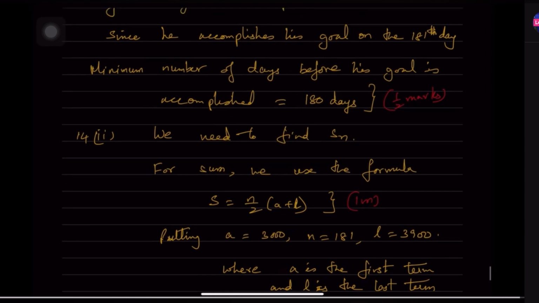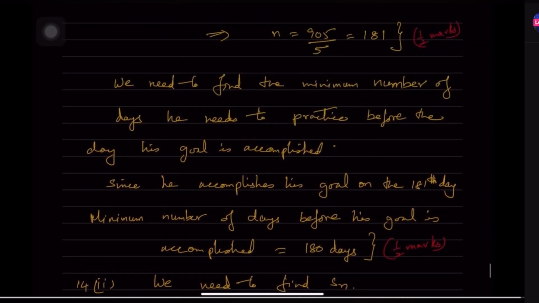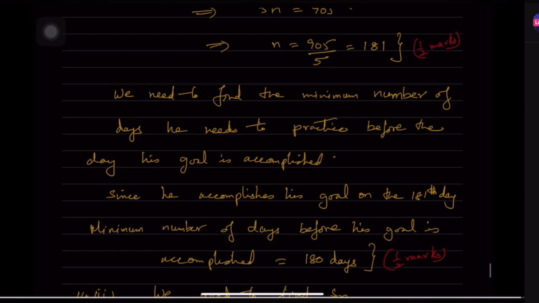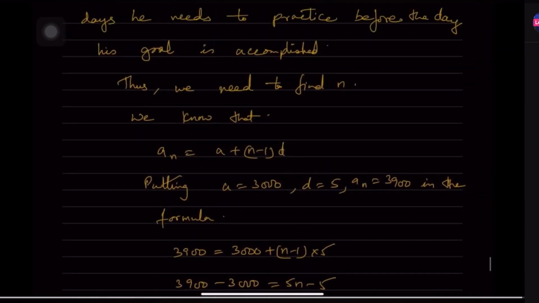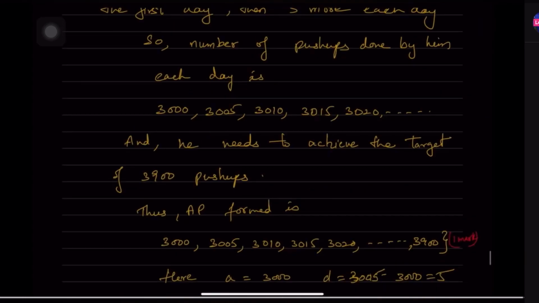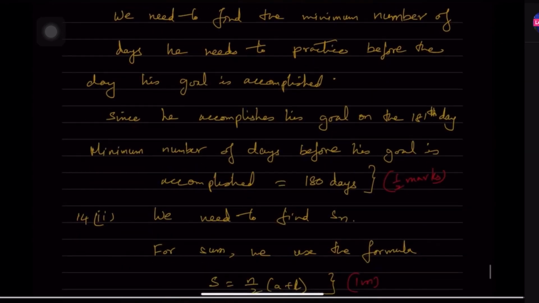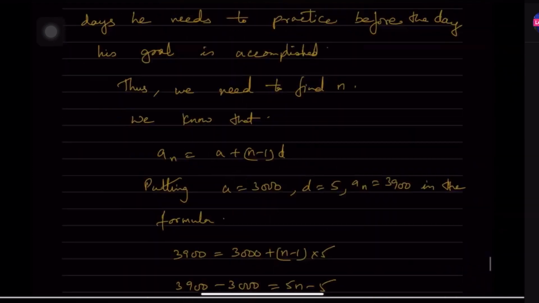So total marks for this you're having 1 mark for the formula for Sn, that is finding the sum. For 180 days, that is the minimum number of days before his goal is accomplished, half mark. Then what is N, we find out, for that you get half mark. Then 1 mark for writing the whole thing. So 1, 2, 3 and 4 marks total. So this is about the sample paper of